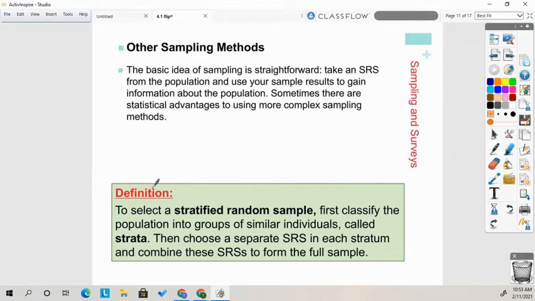All right, so other types of sampling besides random. Random sampling just takes the people you have, numbers them, and picks numbers. You can improve random sampling by using something called a stratified random sample. So the first thing that you're going to do with a stratified random sample,